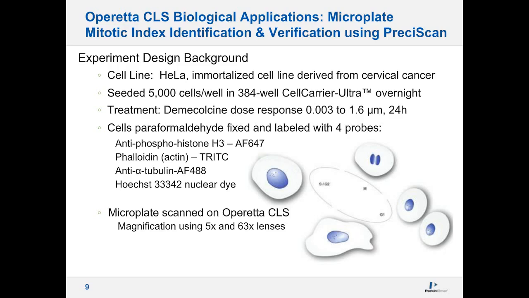When we talk about what we're interested in measuring in this particular case, we're talking about the mitotic populations here. I'm going to show you some examples of how we are able to measure a rare event, or close to rare event, of mitotic cells, using a 5x objective lens in wide field mode. And then we switch over to do the rescan with a different algorithm using a 63x water immersion objective, and then taking a small Z-stack of those images.